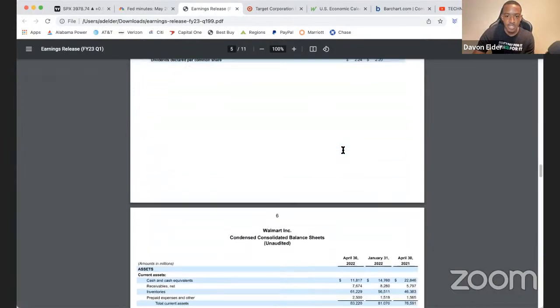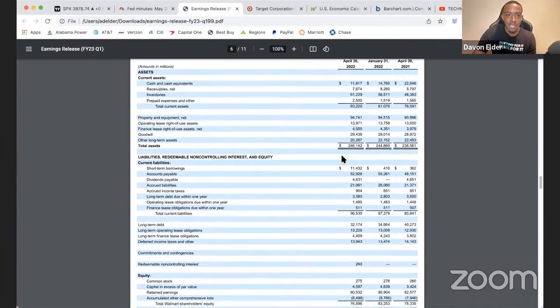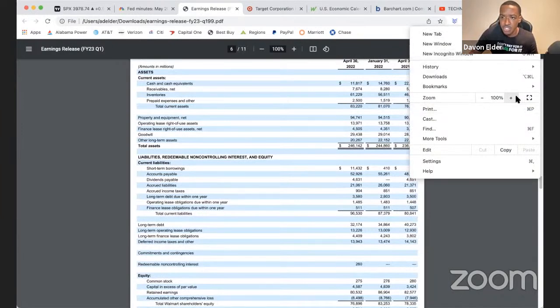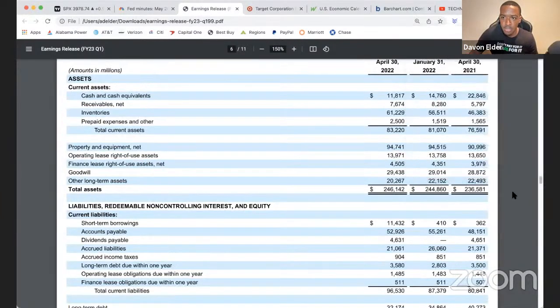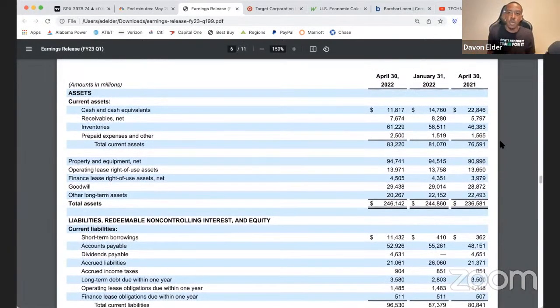But also what I want us to look at too is, let's look at this balance sheet. Okay, let's look at this balance sheet, and let's look at the current assets. And let me zoom in a little bit, because I really truly want us to see this and really understand what I'm talking about from a balance sheet standpoint. Now, current assets. I want us to focus on inventories. Now, what is Walmart? Walmart is a retailer. It's a large United States retailer. Okay, big box retailer. And Walmart is a consumer staples company. It's in the consumer staples business.